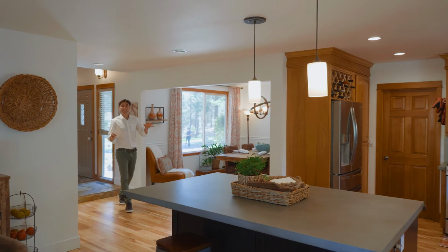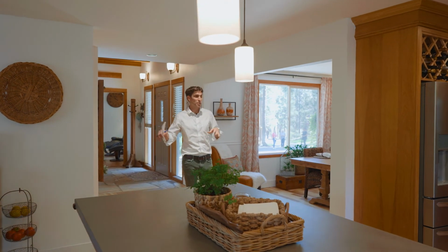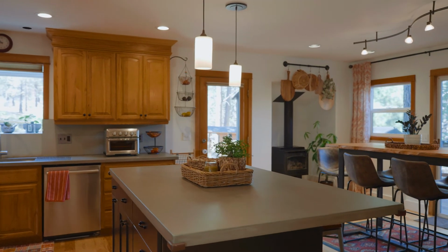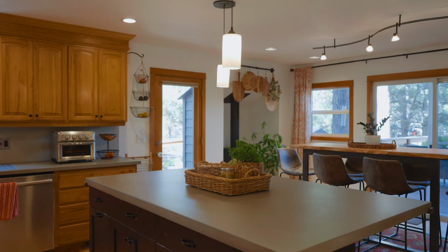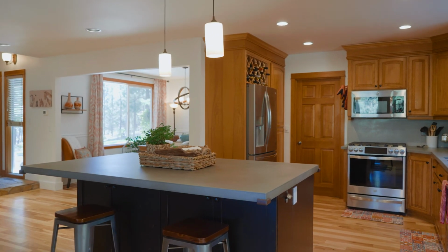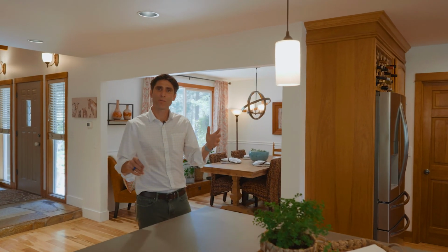So this kitchen and dining area offers ample space for some casual dining over here to the right, as well as a more formal dining space. It features great light and has access to the deck in a few different directions. And right here we've got these concrete counters from Cement Elegance and some upgraded stainless steel appliances, which so nicely gives the kitchen a little bit of a more modern feel, but keeps with the character and charm of the